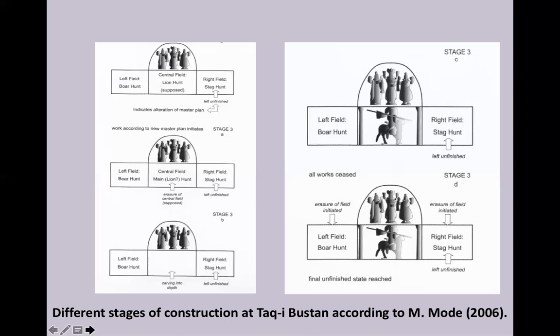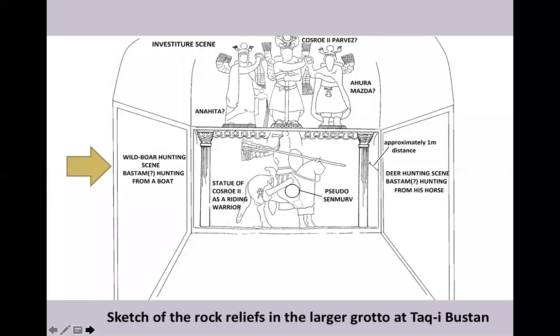It's intriguing me, this possibility that in origin, even in Taq-i Bustan, we had a lion hunt. And then somebody else arrived, Khosrow II, in my opinion, and destroyed exactly the lion hunt. But in Mesopotamia, we have the original model of this. Of course, it's impossible to prove this idea, but it's something, in my opinion, extremely fascinating. Now, next slide, please. Now, let's concentrate on the wild boar hunting scene on the left inside the cave.